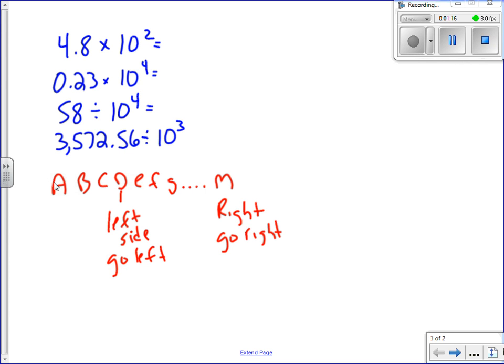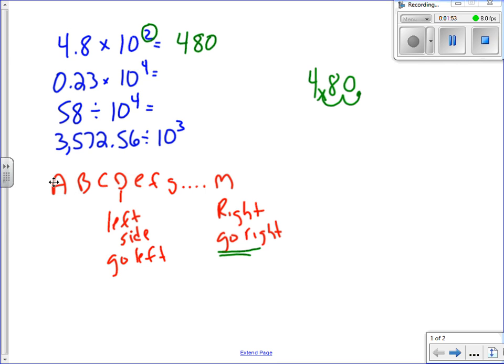So let's look at the first problem here. We have 4 8/10 times 10 to the second. Well, if I have 4 8/10 and I want to move the decimal 2 place values, since I'm multiplying, I'm going to go to the right. I want to go 1, 2. That's my new decimal. You don't need that decimal again because we moved the decimal place values. I fill in here with my 0 place value holder, and 4 8/10 times 10 to the second is